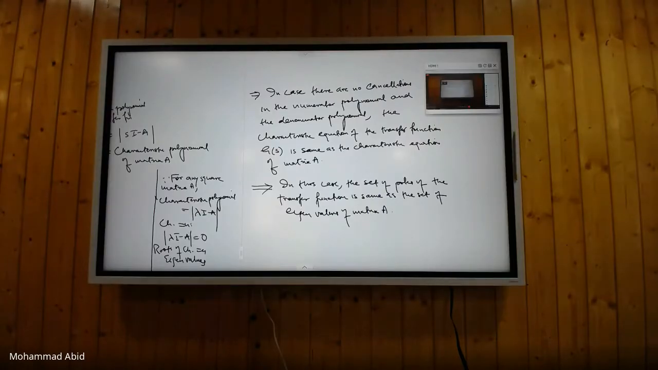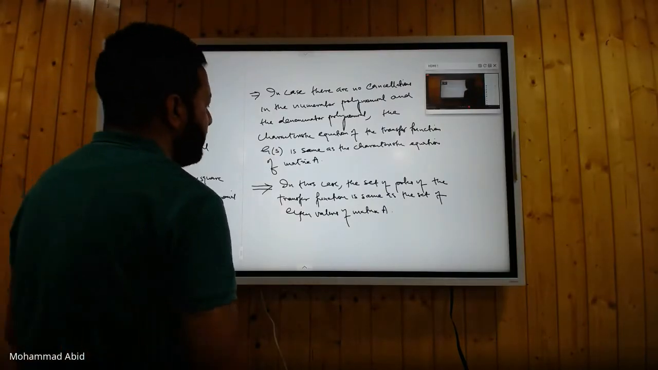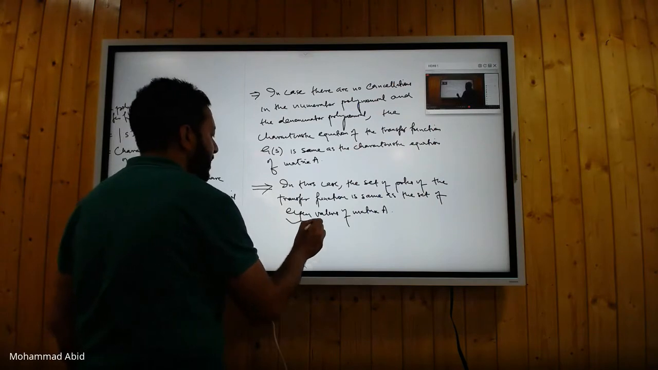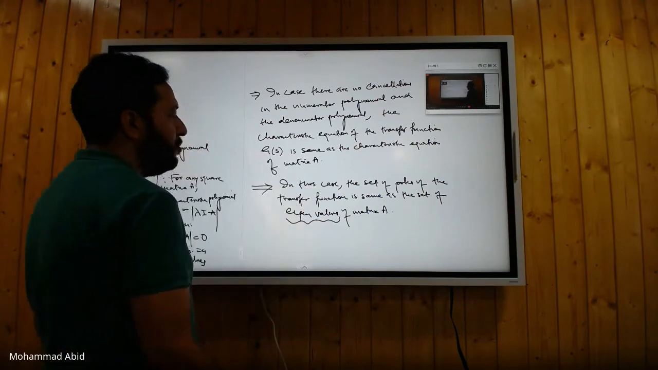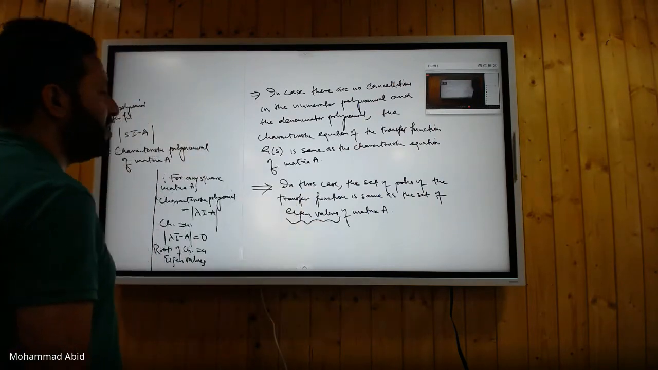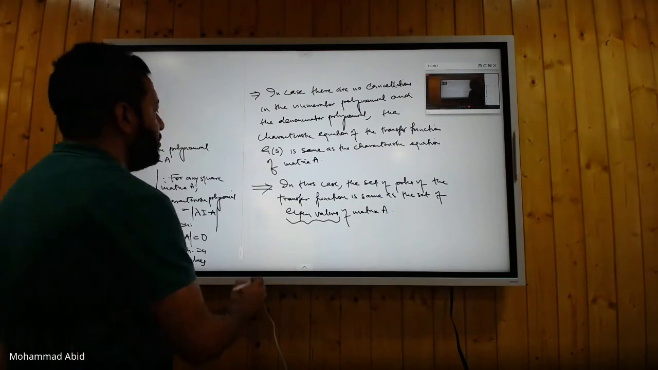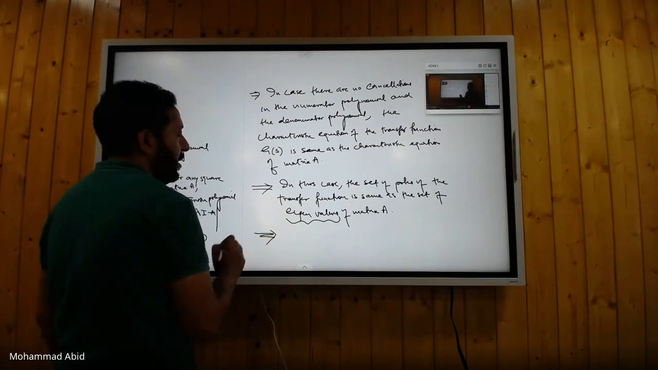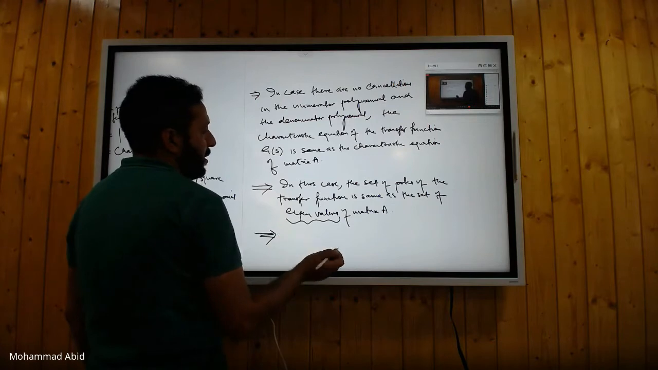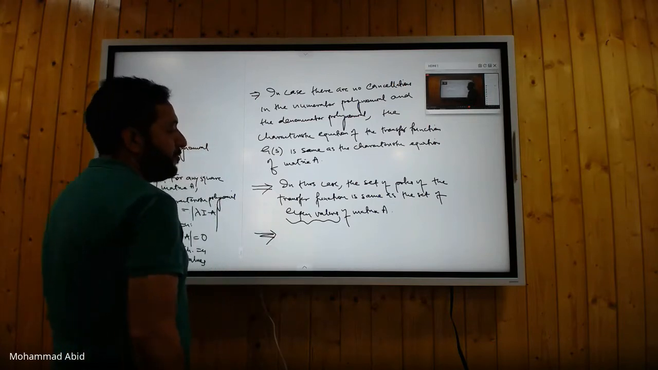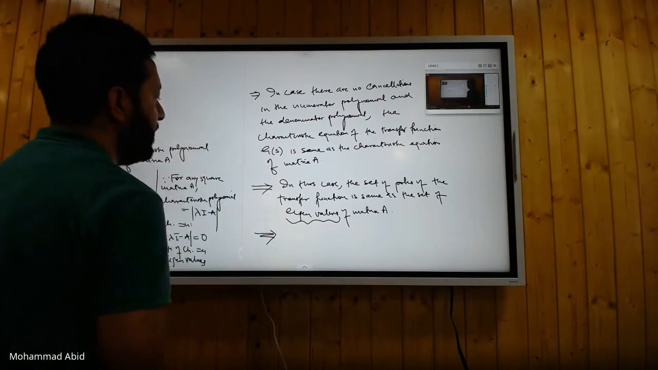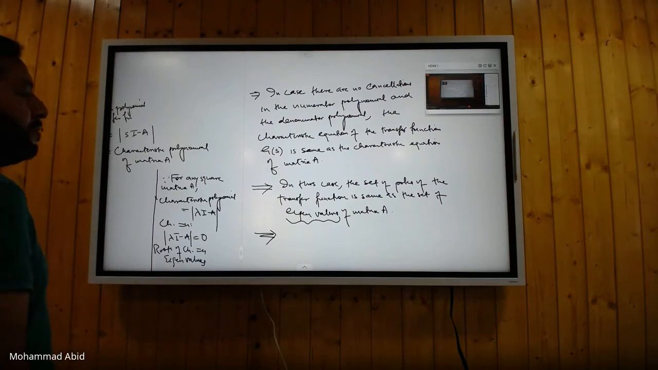And since poles carry information about the stability of the system, that means the same information is also contained in the eigenvalues, because the set of poles of the transfer function is the same as the set of the eigenvalues of the matrix A. So this implies that when we talked about stability of transfer functions, we said that the poles must lie in the left half of the S-plane. So when we talk about stability of state space models, the same information can be conveyed in